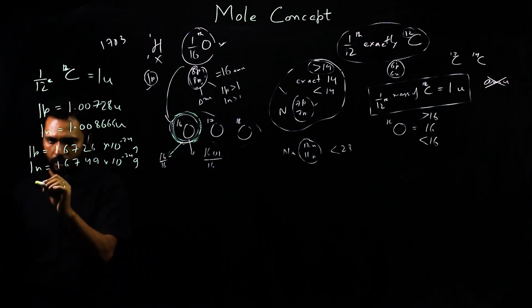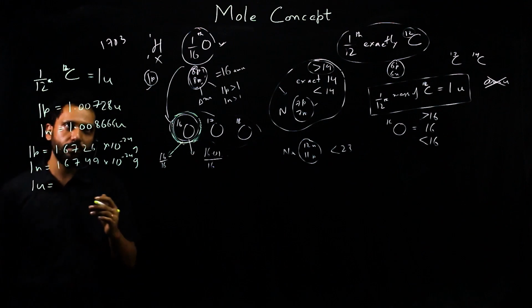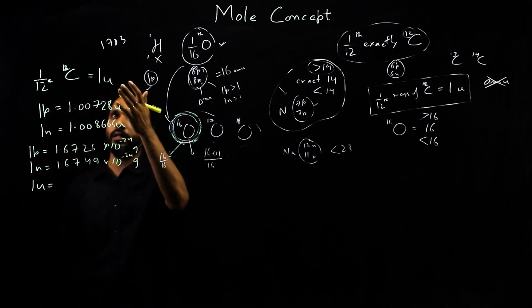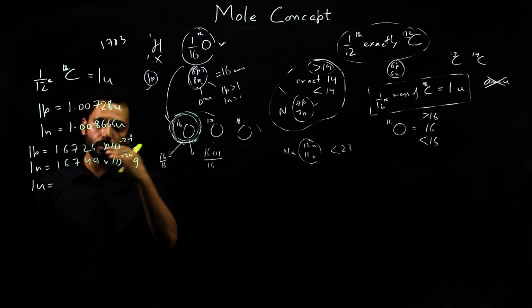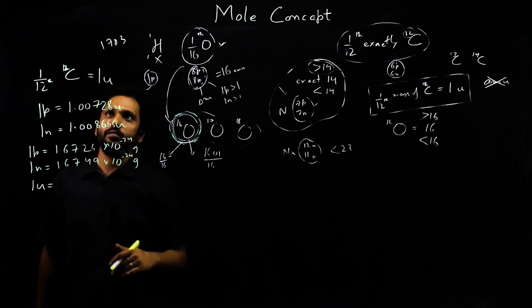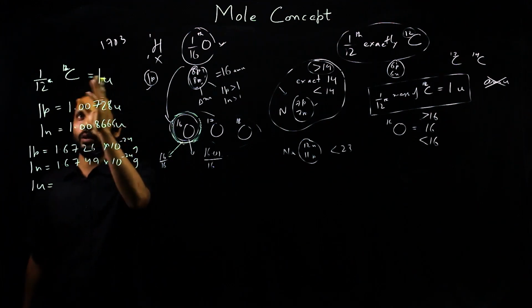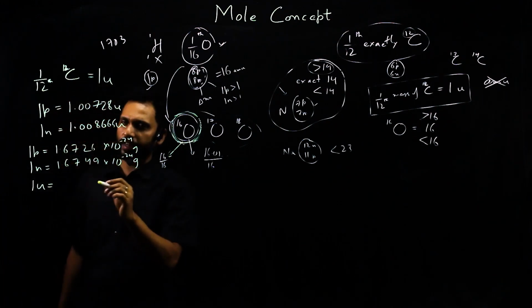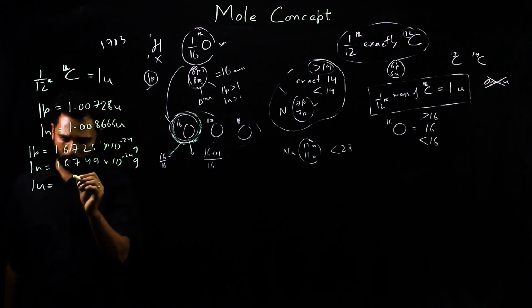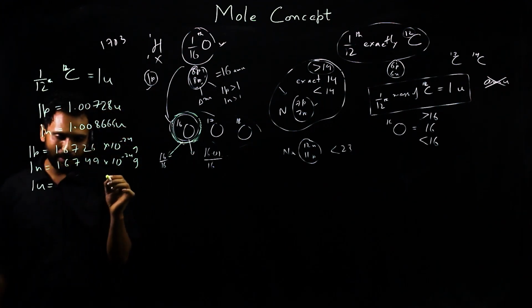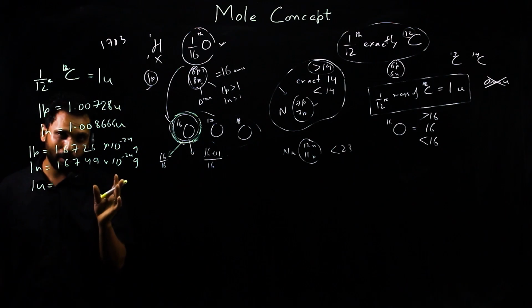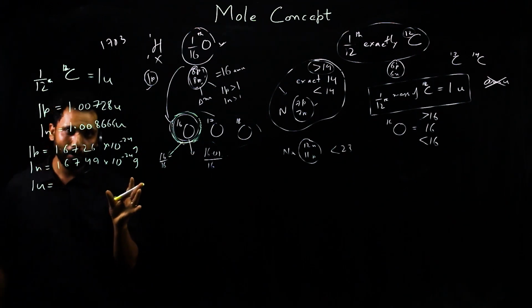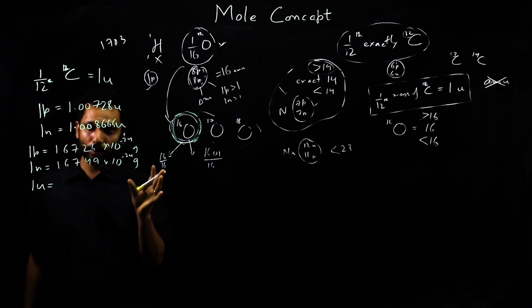So what do you think 1 U is actually how many grams? Because U was ultimately just counting the number of protons and neutrons, and now we have come down to define this value, which is 1/12 of carbon. So what would be the weight exactly in grams? When I say exactly, this might have changed after 20th May, because they have redefined kilogram itself.